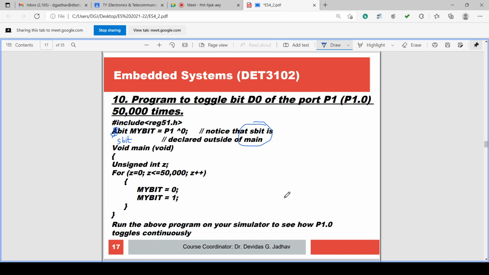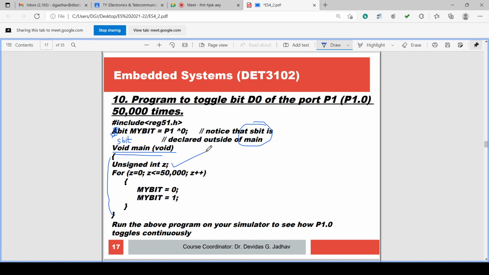So notice here sbit is declared outside main. Main is starting here, and the bit number, pin number, is declared before main, outside main. So include reg51.h, sbit my bit equal to P1^0, void main void, with the opening and closing braces, that is the block of the program.